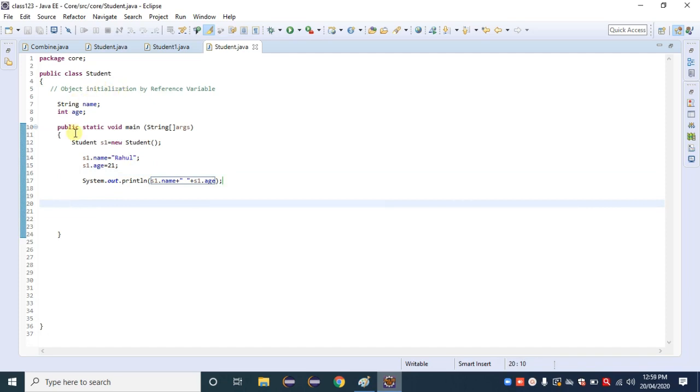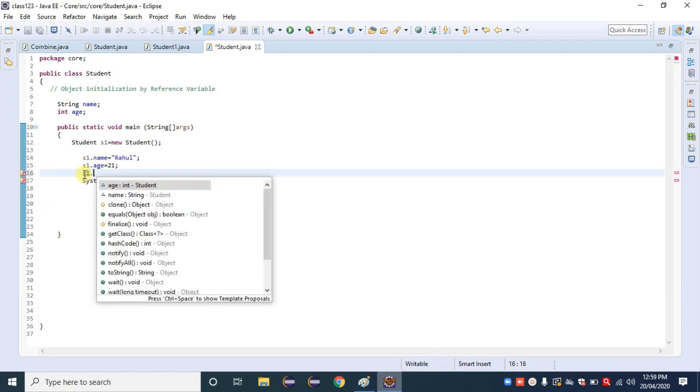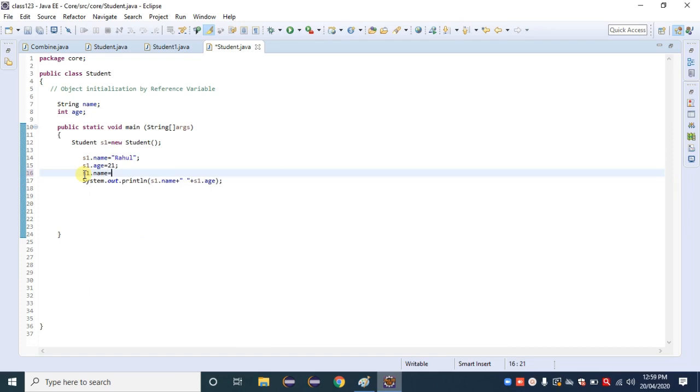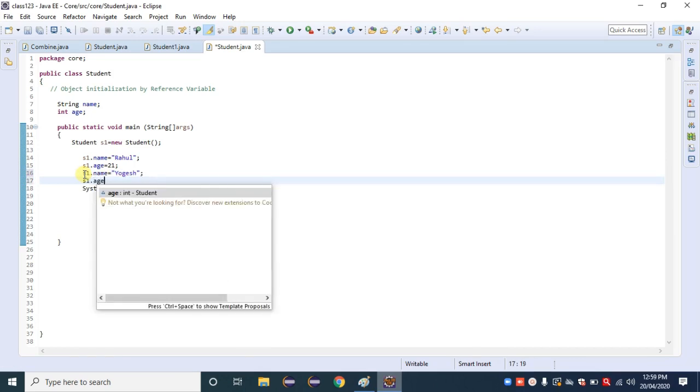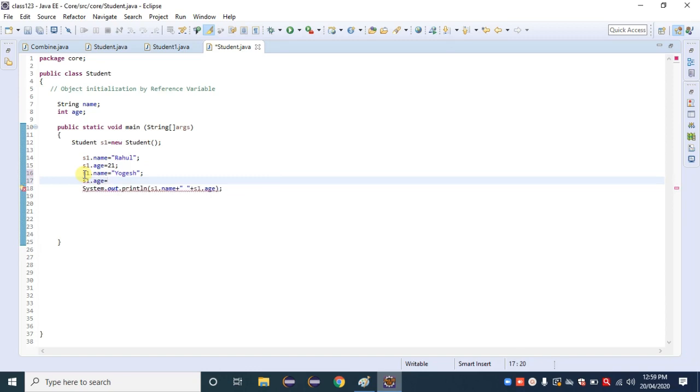So if we have a number of data with us, we can simply use this type also. There is no restriction. Go with a method, or go with a reference variable, or go with a constructor. If we have another data with me, suppose s1.name is equal to Yogesh, then semicolon, then s1.age is equal to 22, then semicolon.